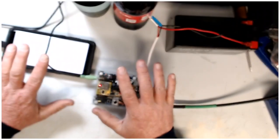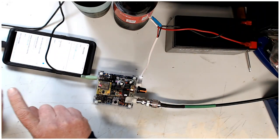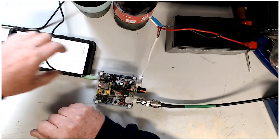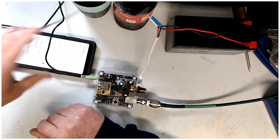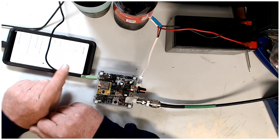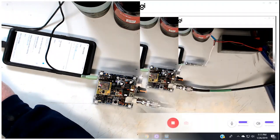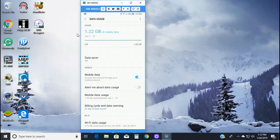How you set it up is I'm going to be switching back and forth to my computer. I actually have the screen of my Android show up on the computer, so it'll be a little bit larger so you guys can see it. So what I'm going to do is I'm going to go over and go to the screen first. Let me just switch here and switch here. So now this right here is the screen on my